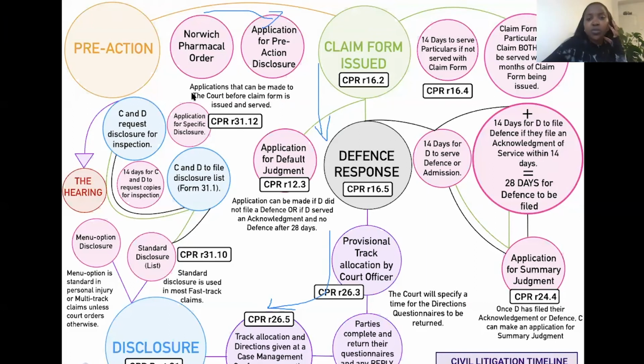So this particular worksheet works very well when you're trying to understand what happens at all the different stages of a civil litigation case. And I've also created a blank version of this document so that you can test yourself. Now, someone asked me, do I make digital notes or do I make paper notes? I make digital notes,